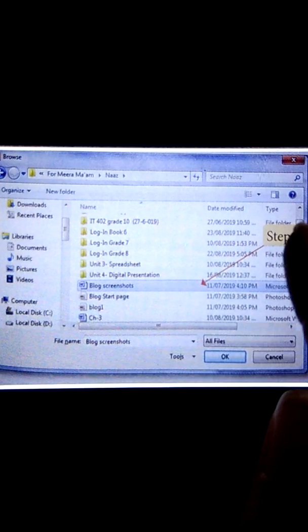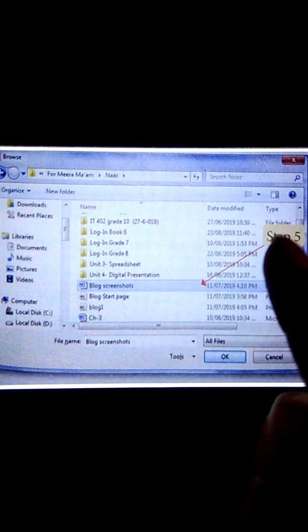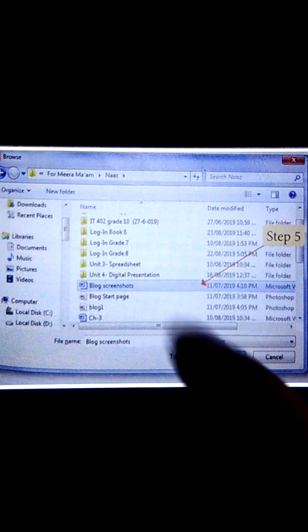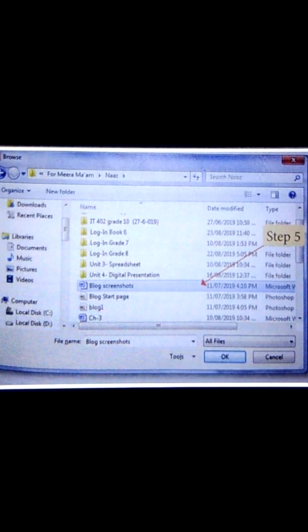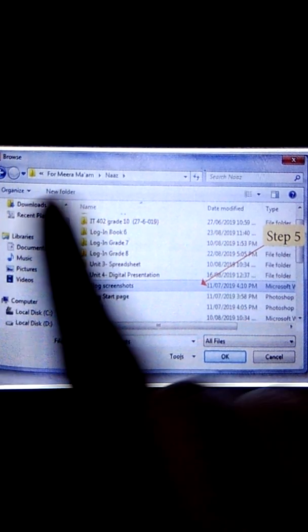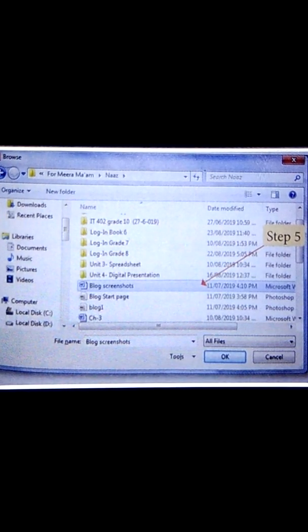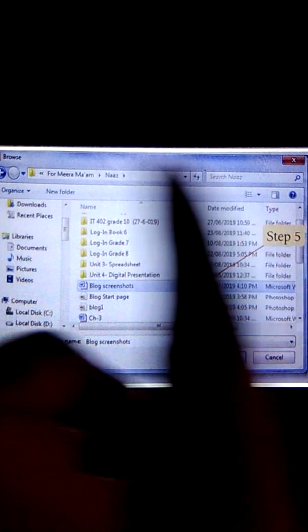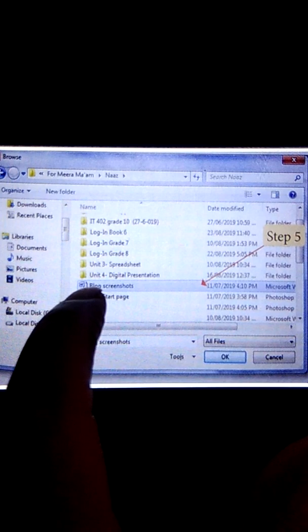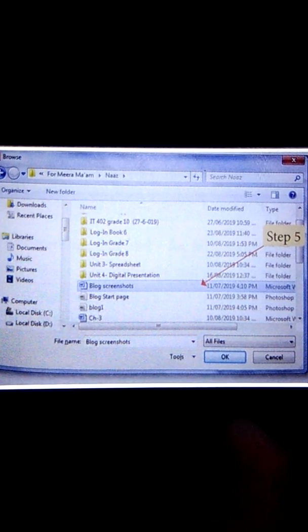When the file comes, you can see step 5. You have to select the file and then click on OK. In the previous diagram I showed you that you click on Browse. After Browse this window will open, so you can select the particular file you want to insert and click OK.